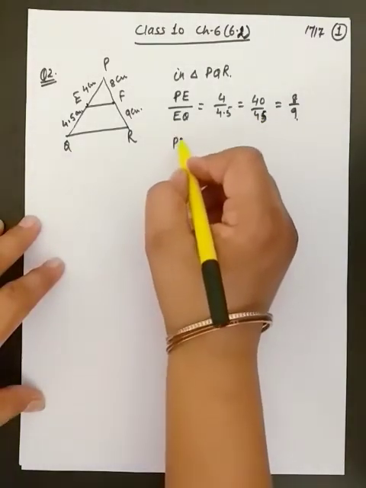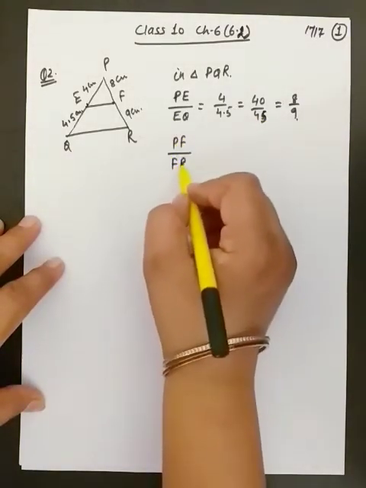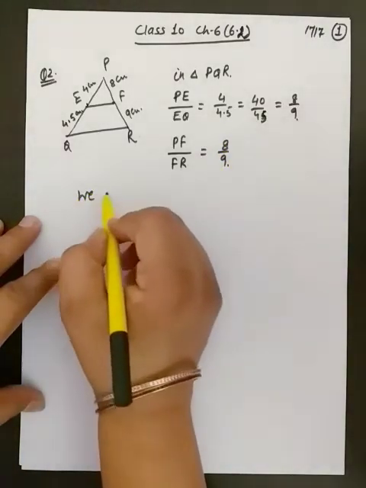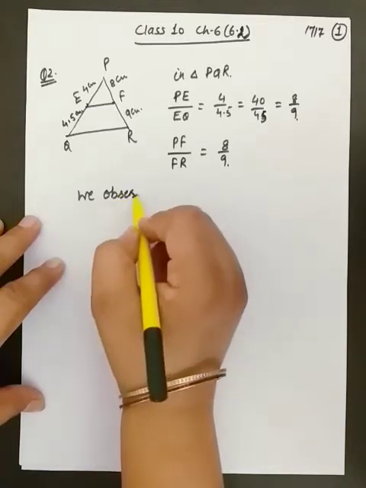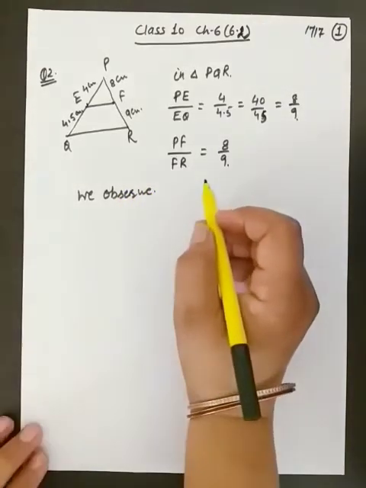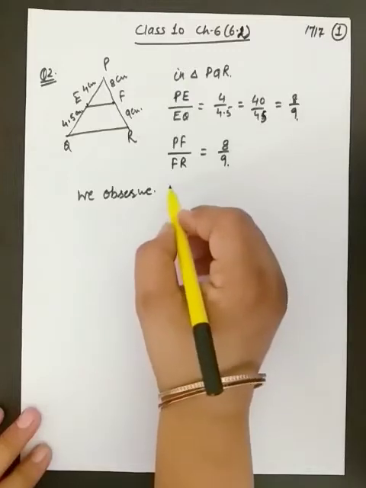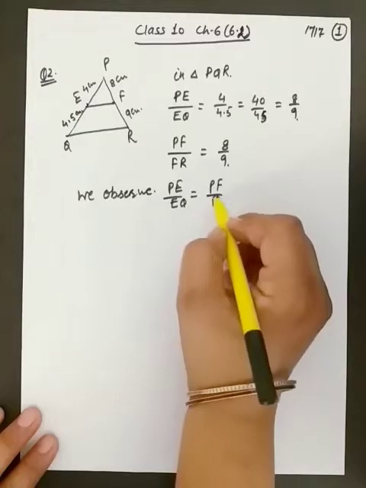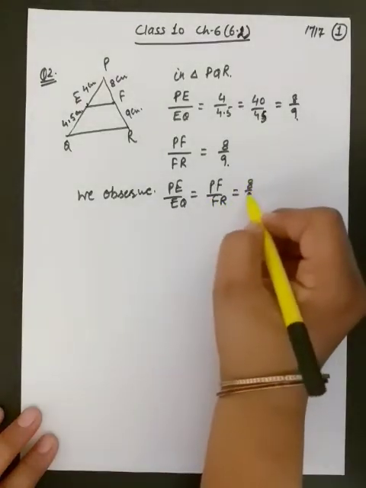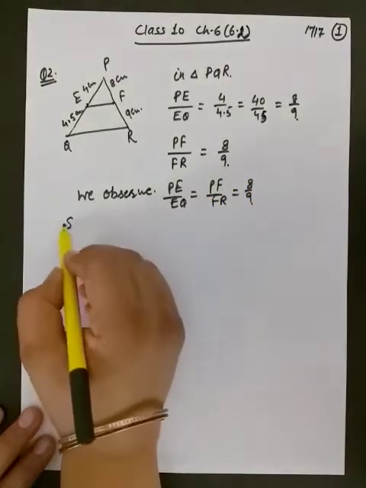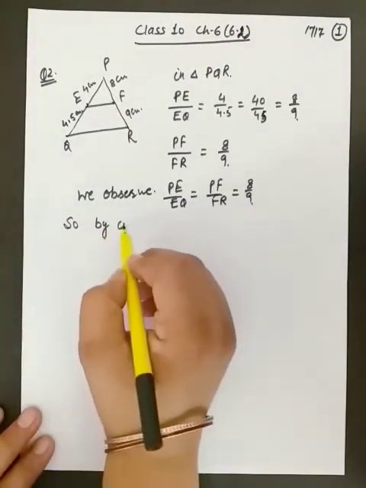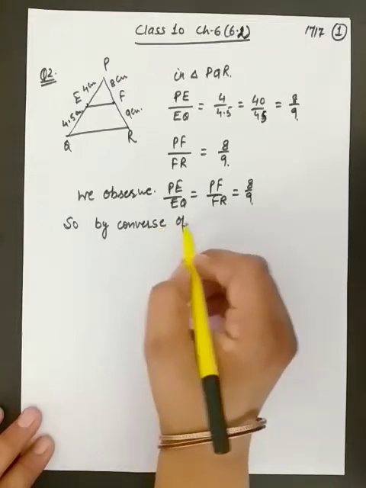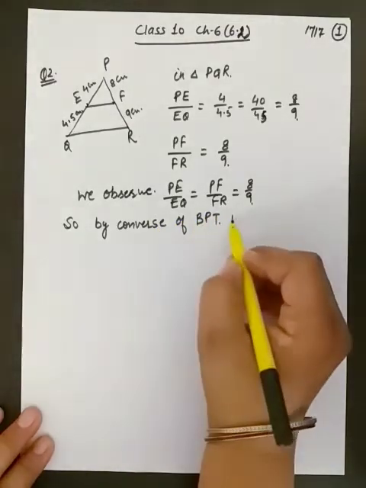Now find the ratio of PF by FR. It will be 8 by 9. Here we observe both the ratios are the same, but in the first part these two ratios were not the same. PE by EQ is equal to PF by FR and the value is 8 by 9. So by converse of BPT, you have to write why we are saying converse of BPT. We get